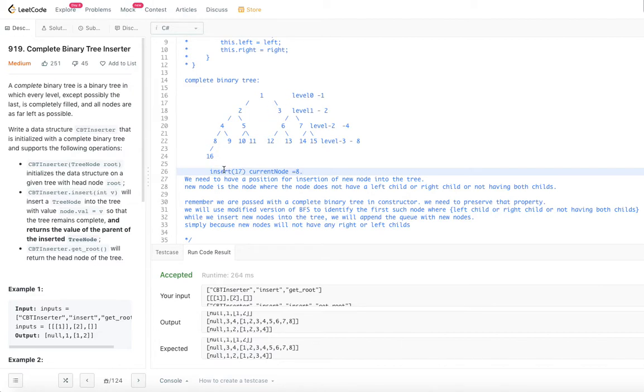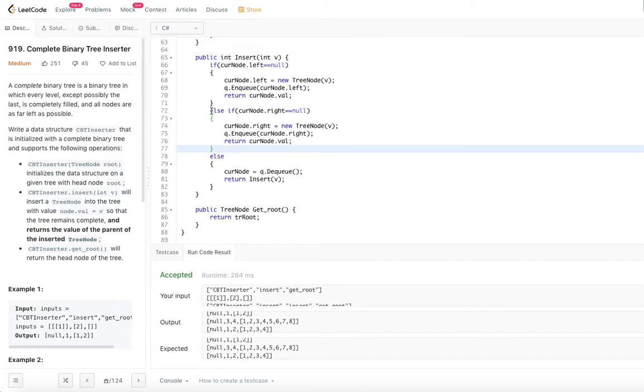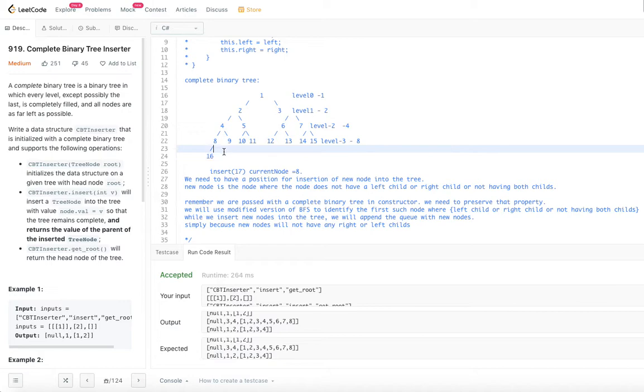So now the next position is the right pointer. If it is null, then we insert into the right pointer, return the current node value, and put it into the queue. So we insert here as 17, and put 17 into the queue.